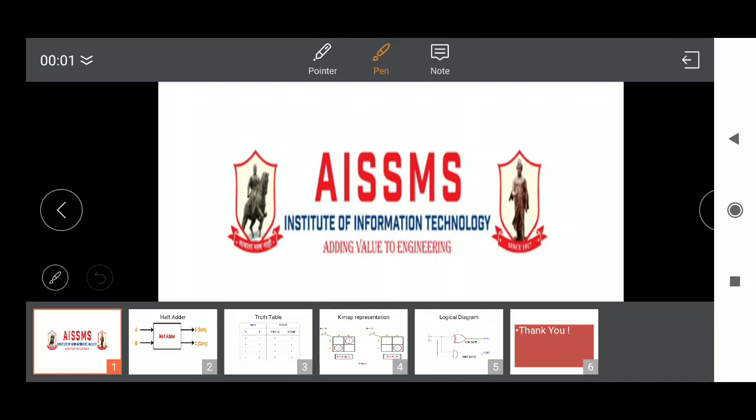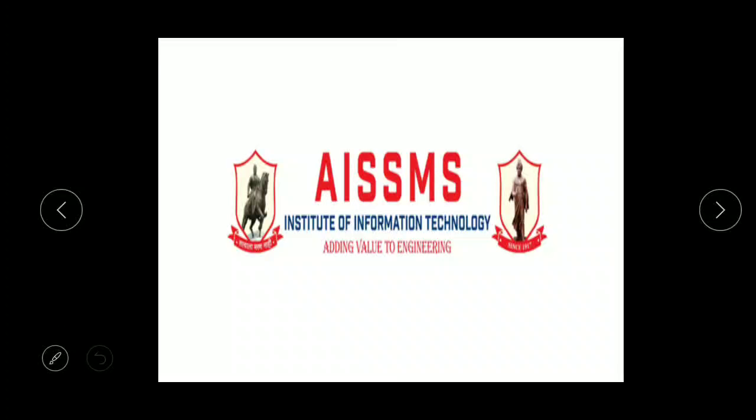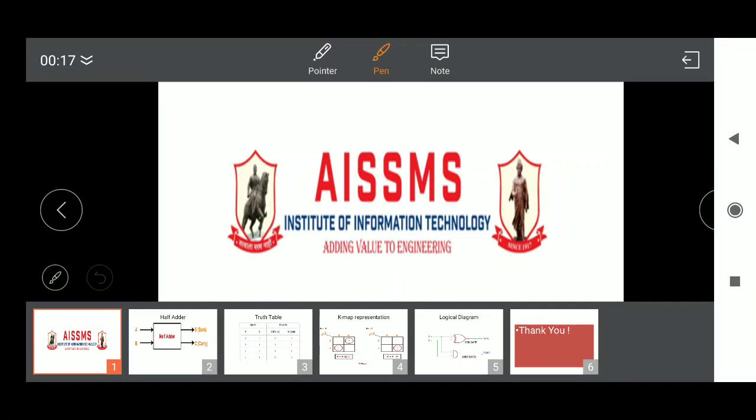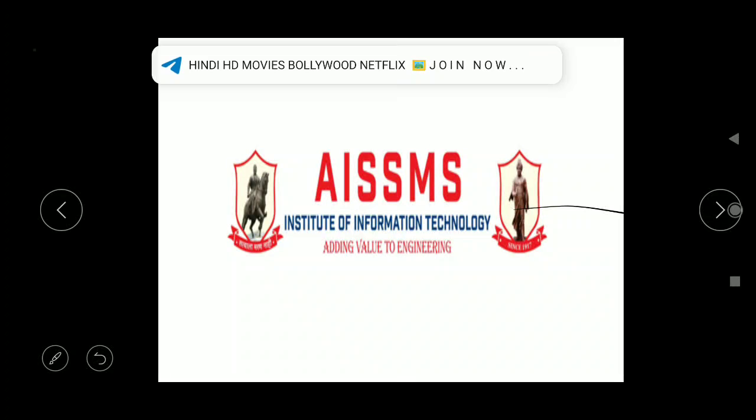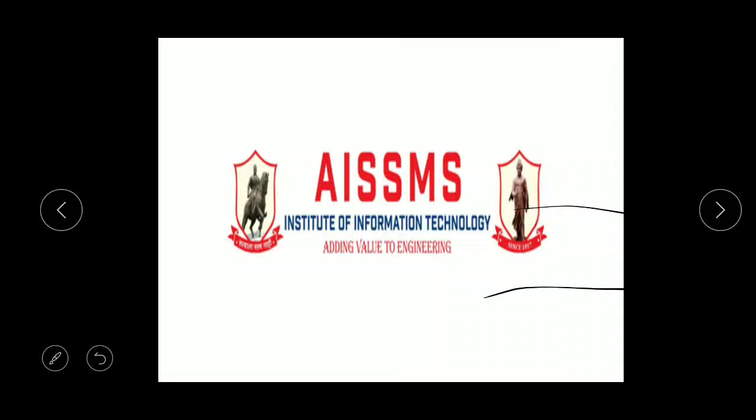Hello everyone. In this session we are going to discuss about half adder circuits. It is the combinational arithmetic circuit that adds two numbers. So it is the basic building block for all the ALUs and processors. So let us start with the session. This is the basic building block of